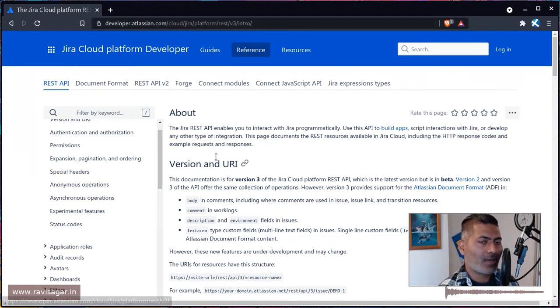So let us say you're trying to do something with Jira. Let us talk about retrieving something, like retrieving the information. Now, I have been making a lot of videos on REST API, but of course, I don't really want to cover each and every endpoint. My intention was to share the approach, like how you can talk to Jira using, let us say, scripts, or maybe automation rules, or maybe using nothing but Talend API Tester or Postman.